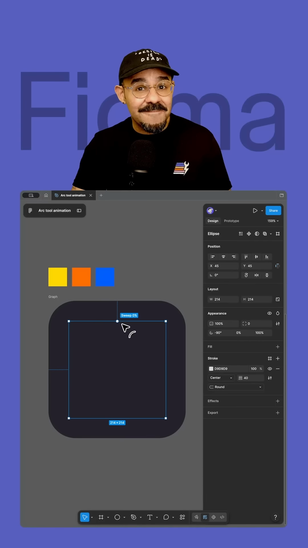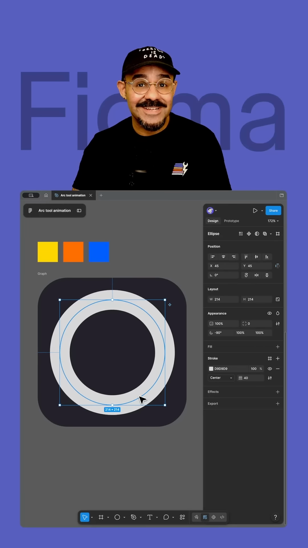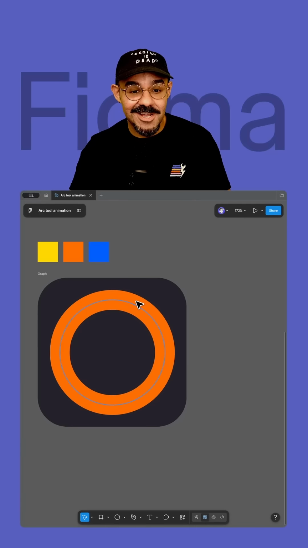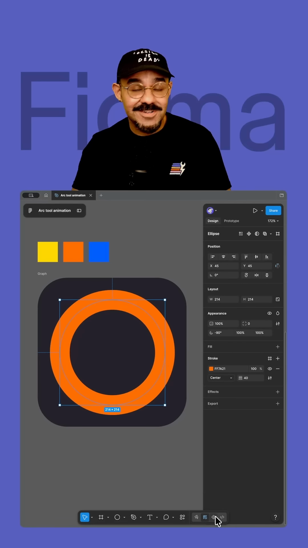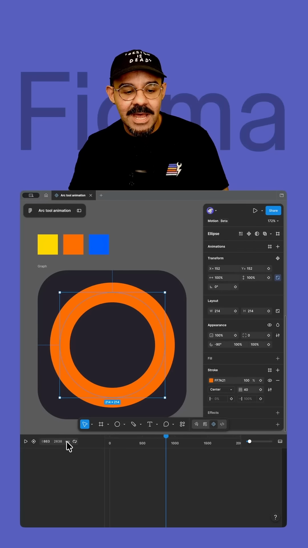So that sweep value is going to go to 100%. With the circle selected, I'm going to press the I key to pull up the eyedropper tool and select that orange color. Now let's move on over to Figma Motion, and here in Figma Motion, we're going to change our